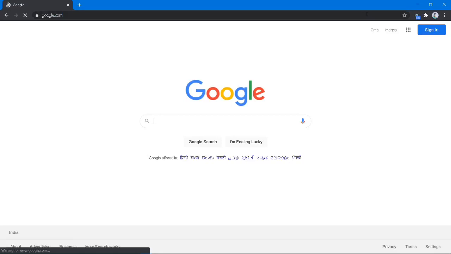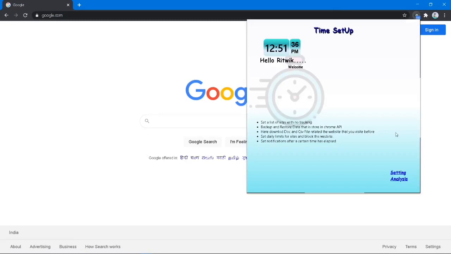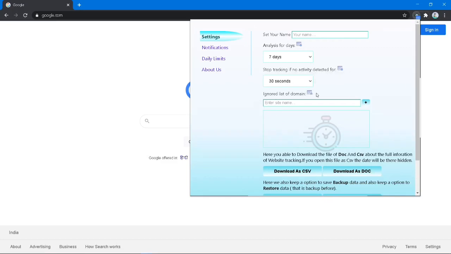Now I have come to google.com and as you can see it's running, 58, 59 and so on. Now what if you don't want it to run for some specific site? You can go to settings and you can see here the ignore list of domains. You can add that site here,